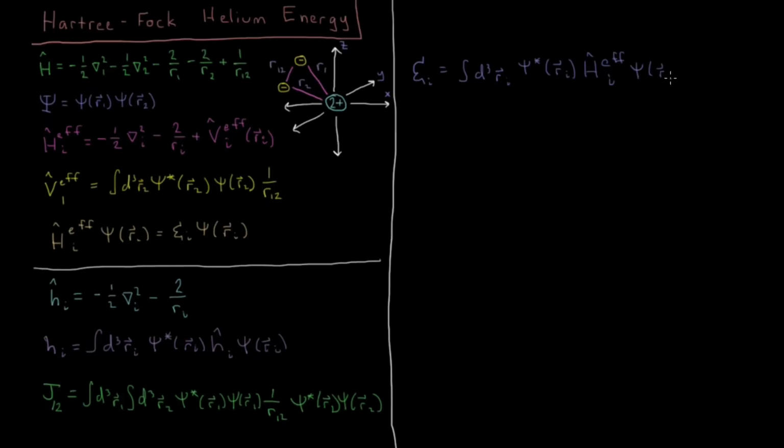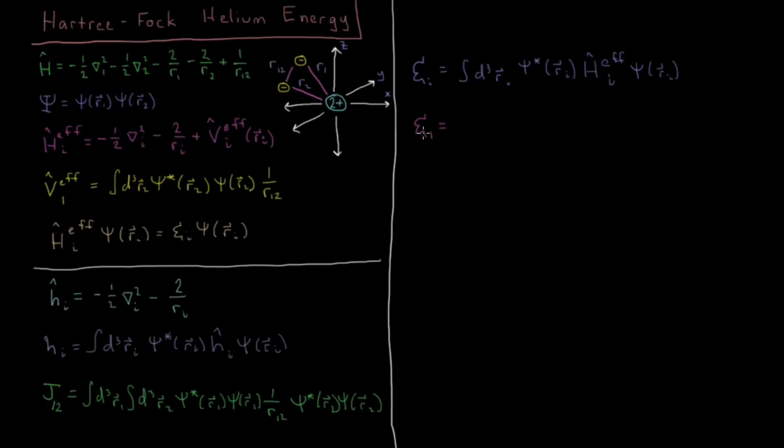And that's acting on the wave function. Again, that's another standard expectation value. That's the expectation value of this effective Hamiltonian operator that's acting on this electron 1. And that gives us these orbital energies. And based off of the type of nomenclature we've shown right here, if you chug through what that gives out, that is going to be,